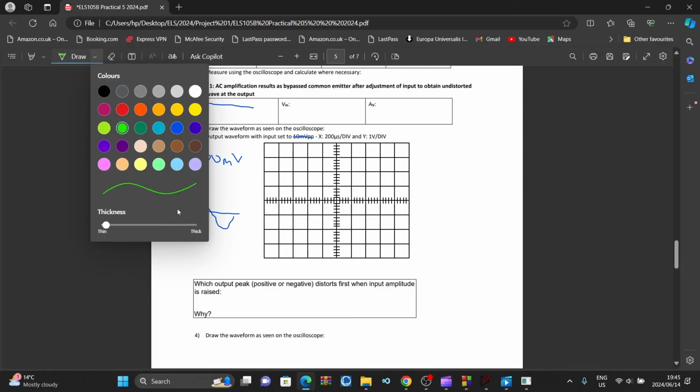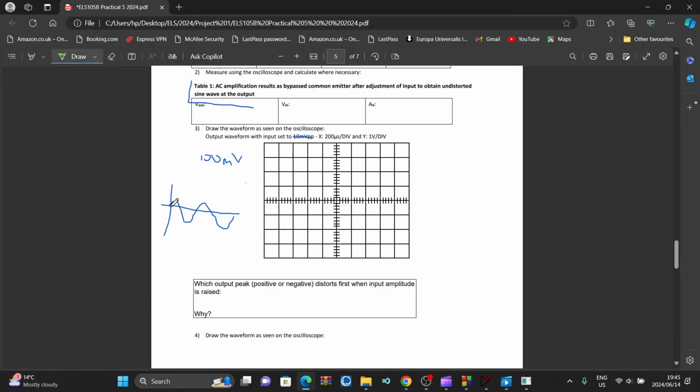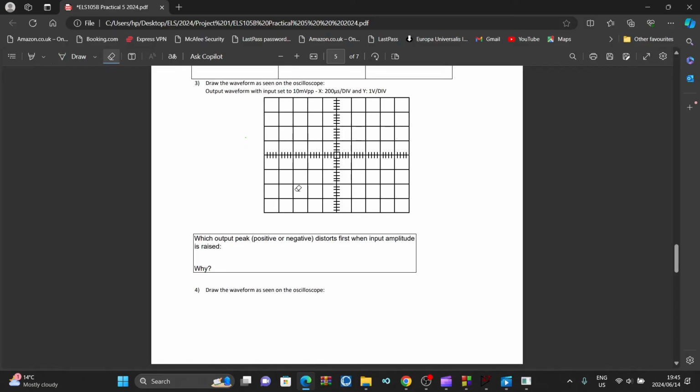Then your output waveform should look something like this. It should be amplified, but in the different direction. The blue one is your input waveform, the green one is your output waveform, but it's bigger and amplified. That's how it should look. So that's what it is. Now they say,